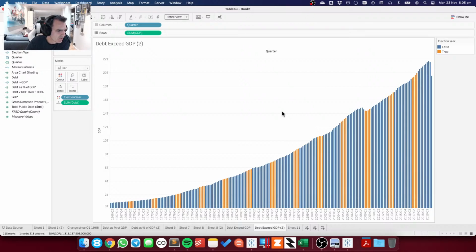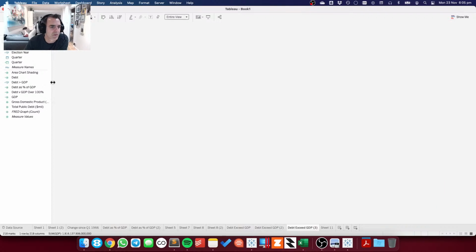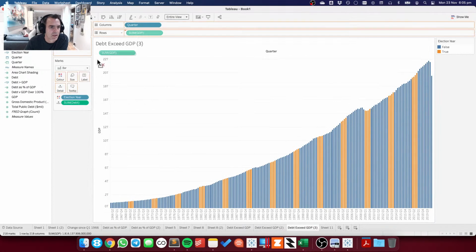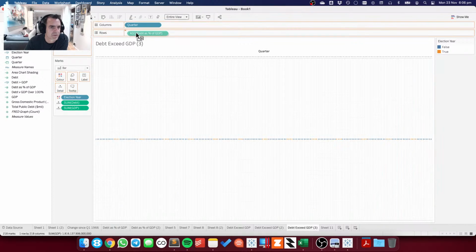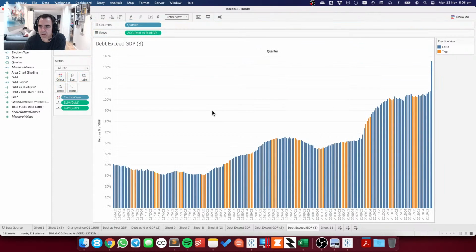Okay, so the question was, does an election year create a bigger gap? I don't know, but maybe instead of using this sum of GDP, let's duplicate this, and instead of using that, let me move that to detail, and then percent of GDP here. And we get something like that, a little roller coaster.